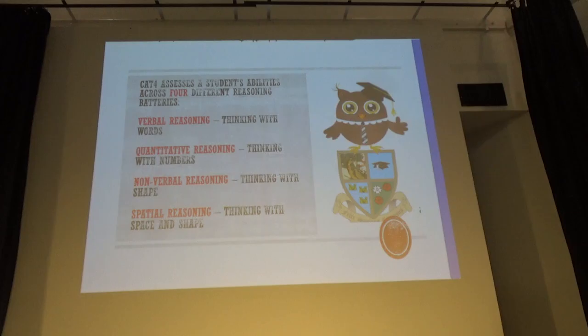Then we have the quantitative, which is about numbers, understanding about numbers and how they work in sequences, and that relates to maths. Then we have non-verbal, which relates to patterns and problem solving, and also spatial awareness, which also relates to maths, but things like shape, space, but also it relates quite a lot to problem solving too. Those are the 4 different areas of the CAT4, and there are different sections within the assessment that tests each